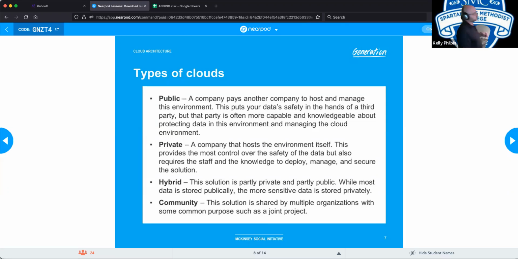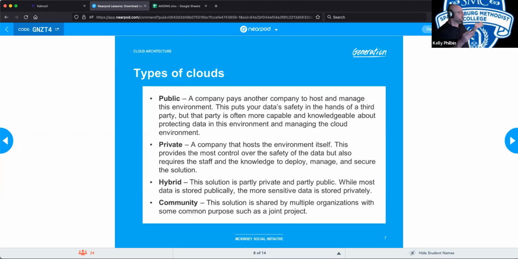And then finally, we get down to community, where multiple organizations working towards similar goals would create a common cloud. This happens a lot between universities working on common research projects, and companies with shared mission statements.